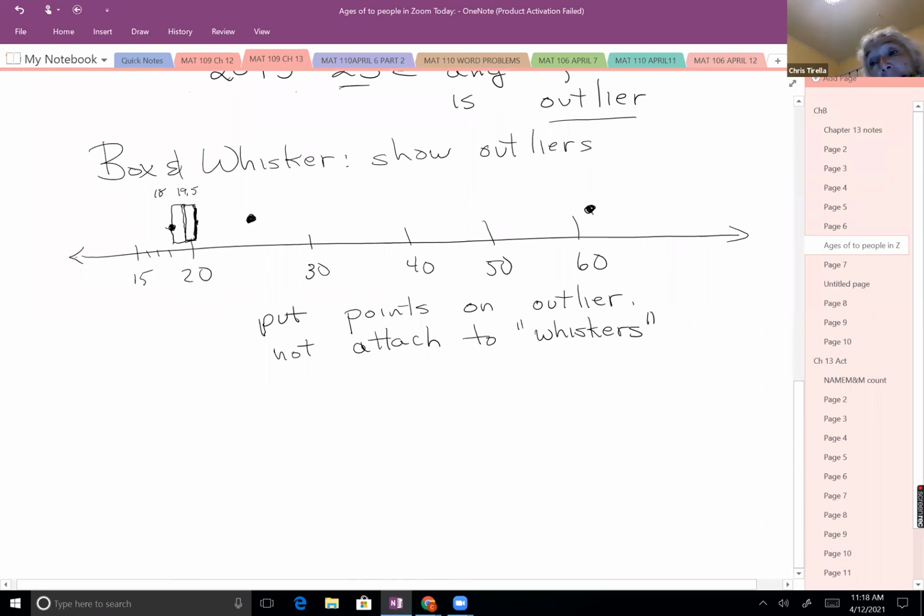Is everybody all right with making that box and whisker? Is everybody all right with that process of finding your quartiles and your interquartile range and your 5-number summary? Any questions? If not,